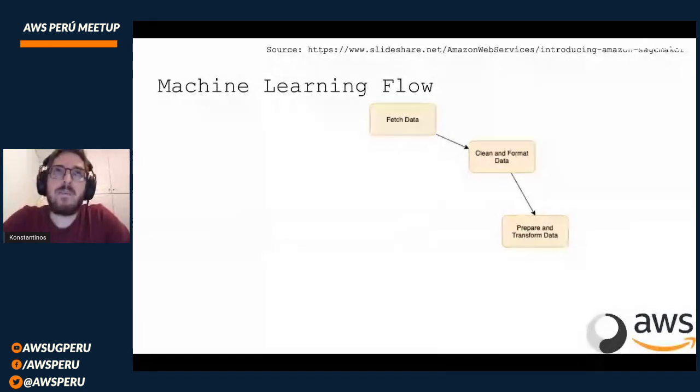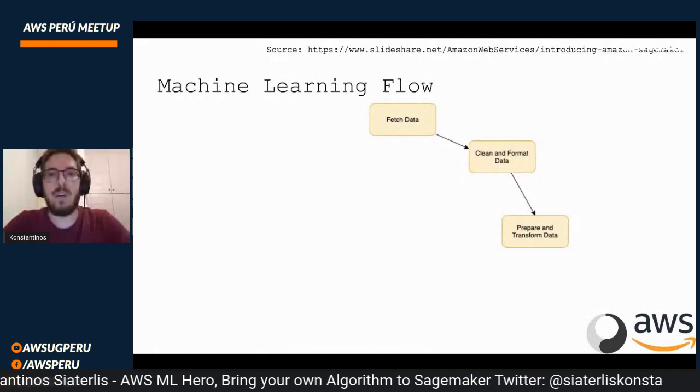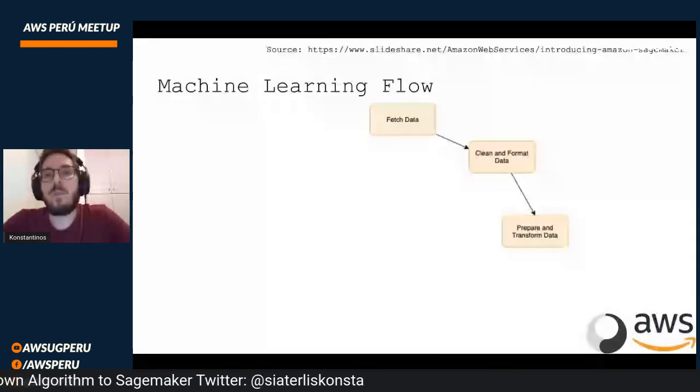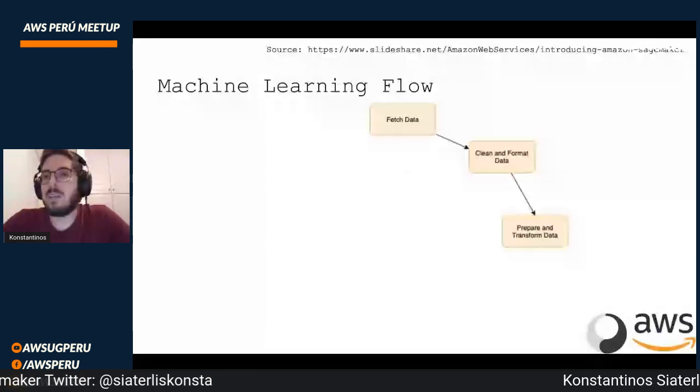Let's see how a machine learning engineer or a data scientist actually approaches a machine learning problem and what is the flow that they follow. First of all, you have a problem, you need data to solve it.